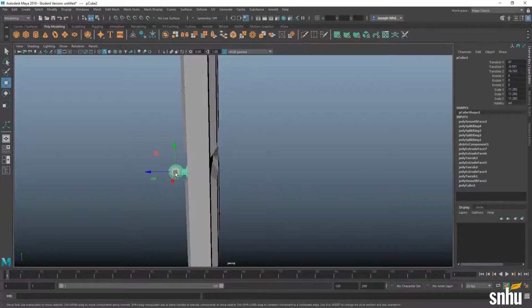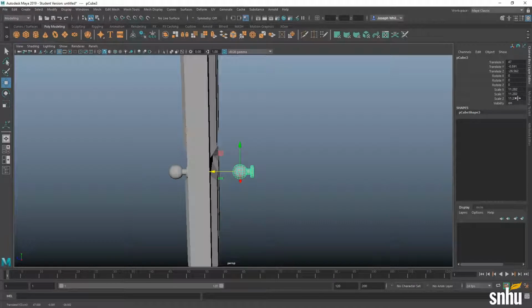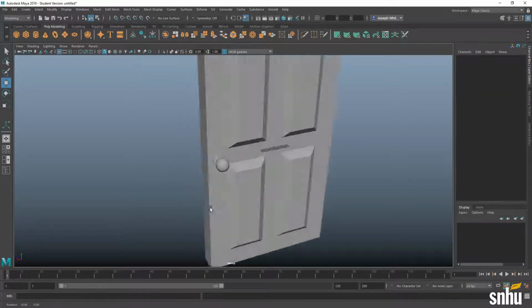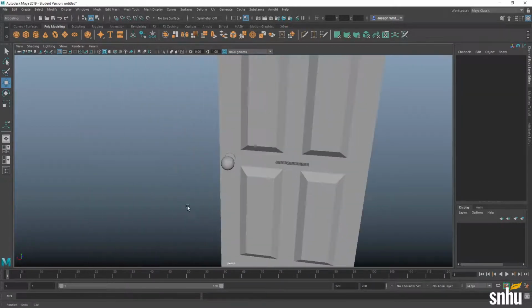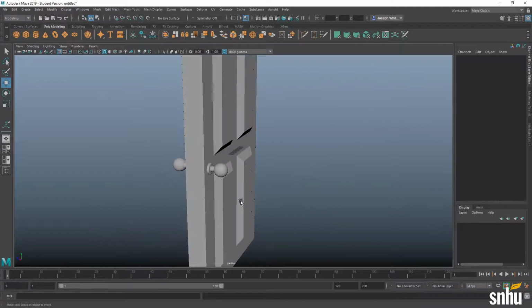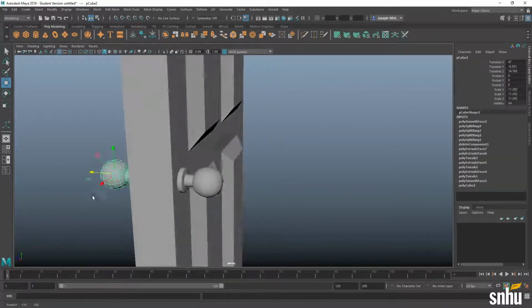And then of course we can hold Control D to duplicate that. Move it over here. Let's just put a negative sign in front of the Z axis. And we'll move that guy in place here. Cool. So now we have our doorknob and our door.